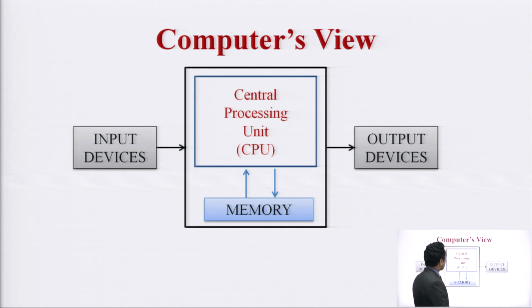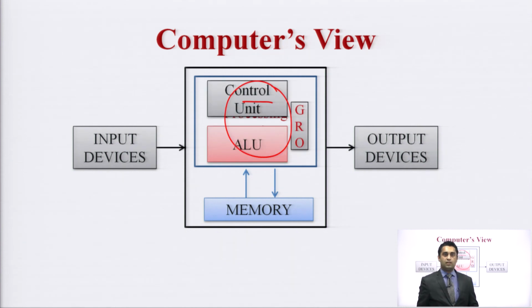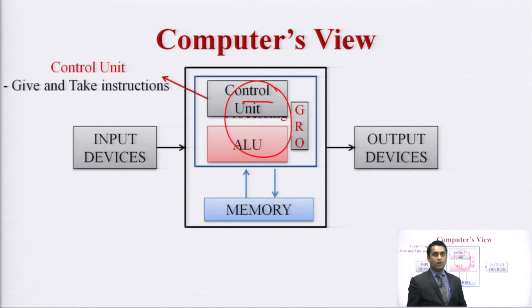In this, you are able to see four basic components of a computer, where the processor is the main one. This processor, if we talk about this CPU and magnify it, then we will see three components in it. One is the control unit, which is responsible for performing the operations. When I give an instruction to the control unit, this instruction is bifurcated into micro operations and given to the other peripherals to perform various operations.